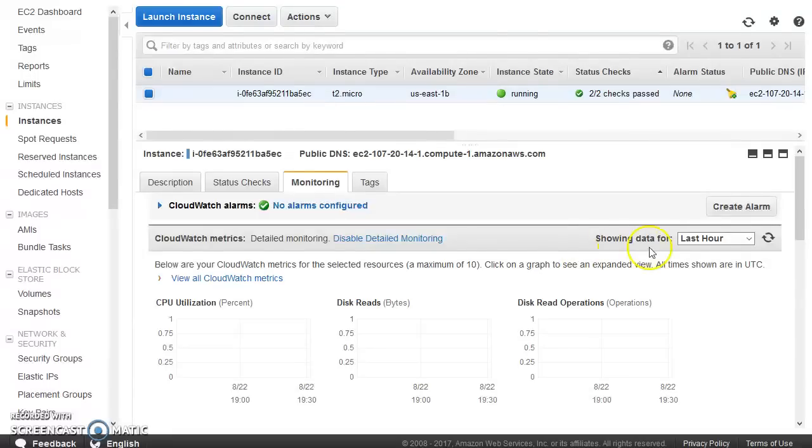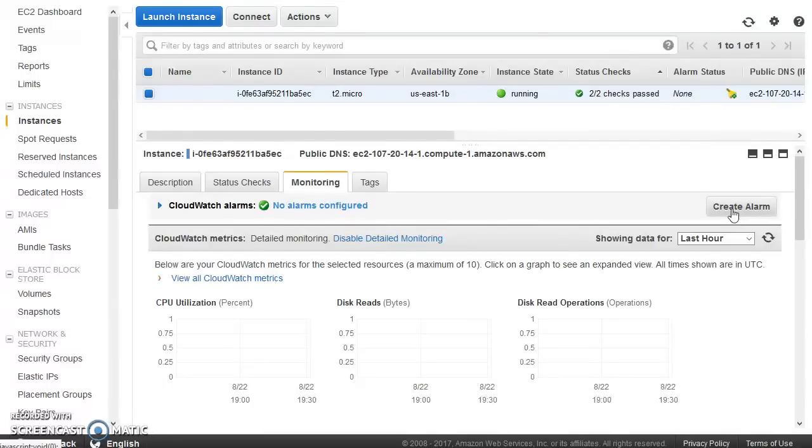So let us try to create an alarm. We can create an alarm for both things. We can talk about high CPU utilization or even low CPU utilization. Now in this particular case, nothing is running on my machine, so of course I'm not going to take any extra effort to make the CPU utilization high. Rather, I want to show you a use case that if the CPU utilization is continuously low, you can take a certain action on your EC2 instance.